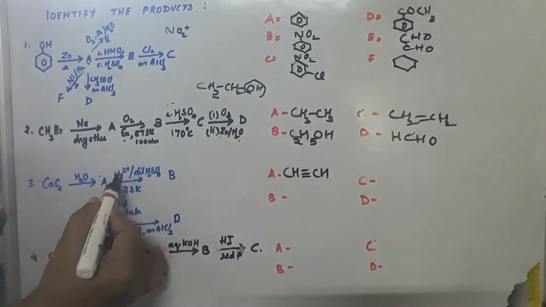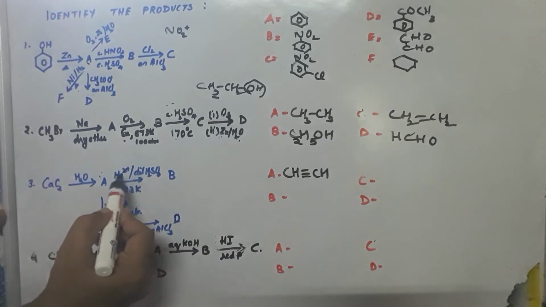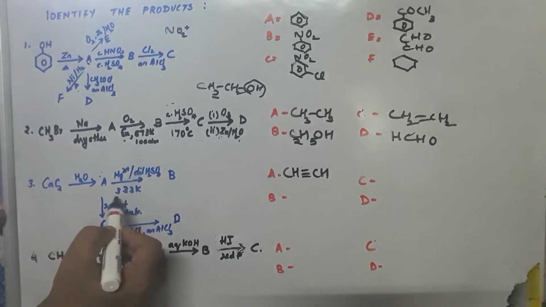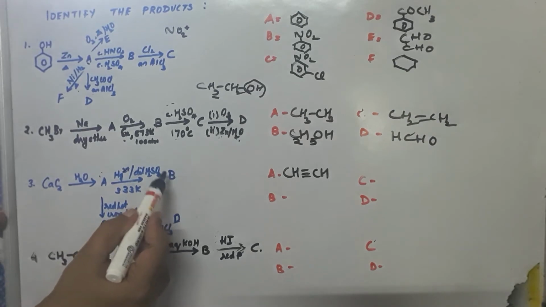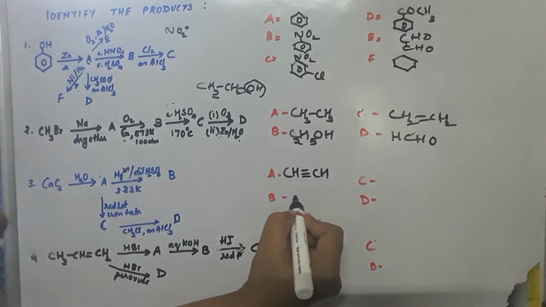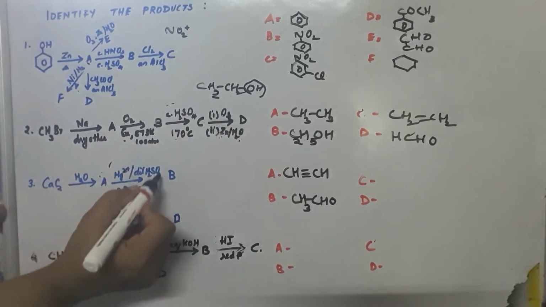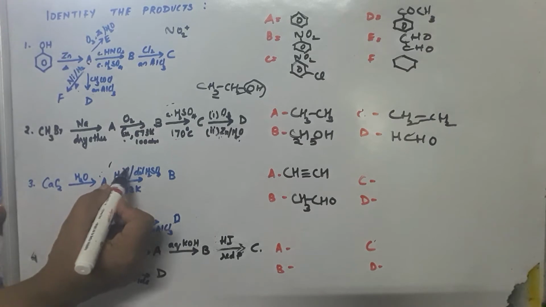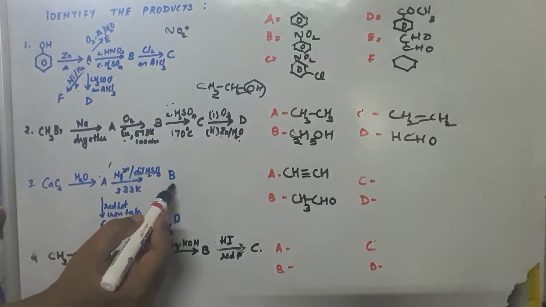Now ethyne is treated with mercury, Hg2+ and dilute H2SO4. It is hydrolysis in the presence of mercuric salt, HgSO4, and temperature is given. Now with this condition, we know that when it is added to a triple bonded compound, it will give either aldehyde or ketone. Since it is CH triple bond CH, the product B is acetaldehyde, CH3CHO. So whenever you see this reagent, dilute H2SO4 with Hg2+ catalyst and slight heating, the product formed from the alkyne is either aldehyde or ketone.